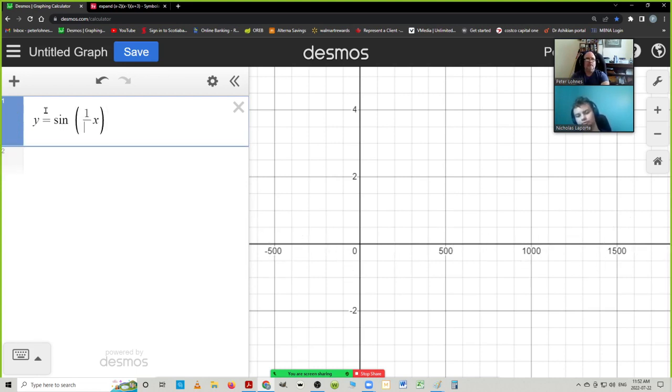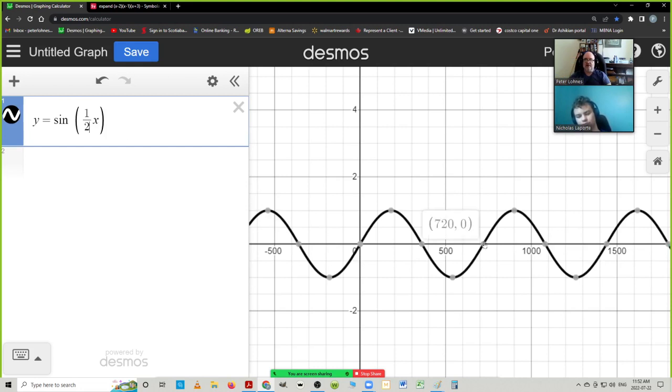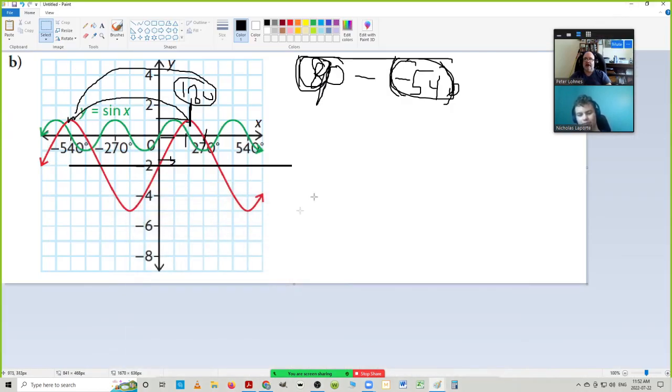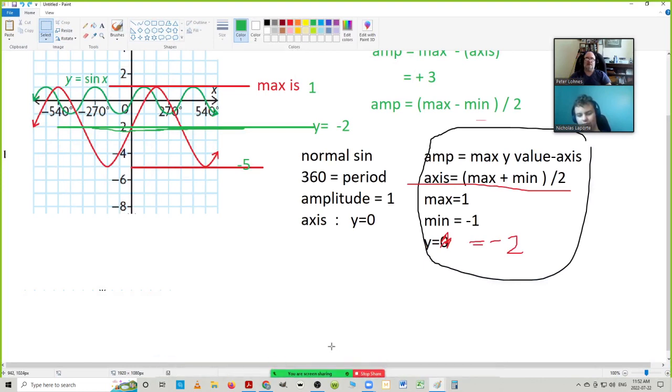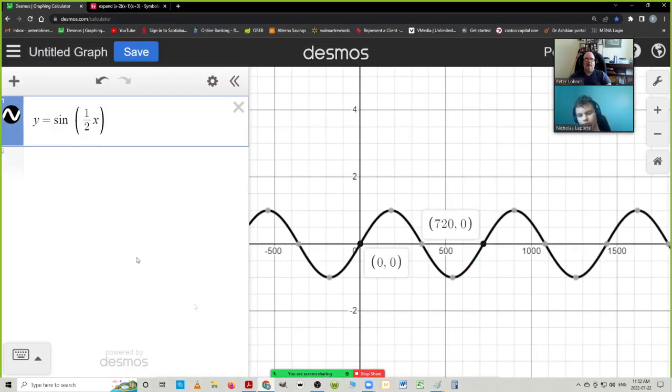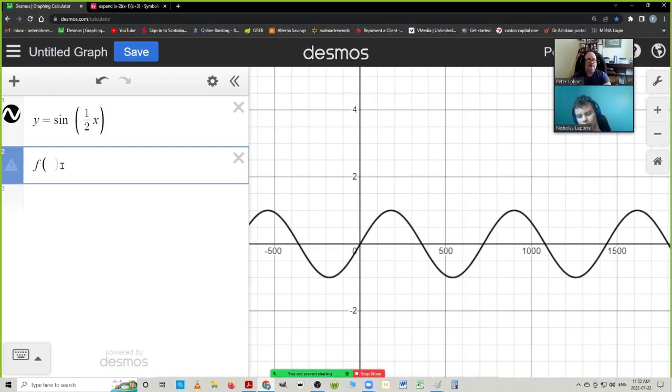Let's see if you got it. Is this period 720? Yes. Boom. What did you tell me the axis was? Let's go back to our formulas. What's my new axis? I said that the axis was -2. Yep. Now, where would I find an axis in the formula